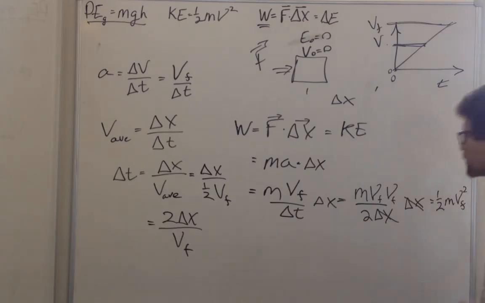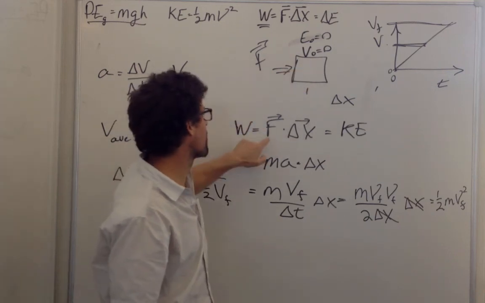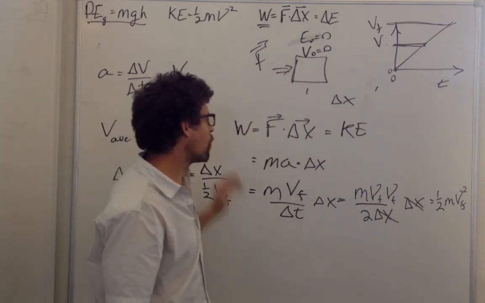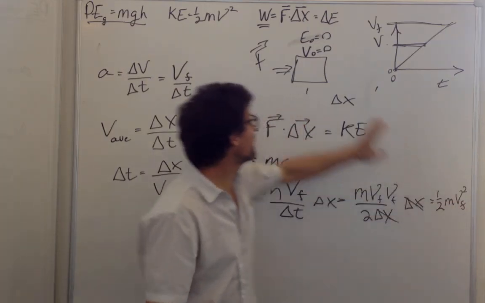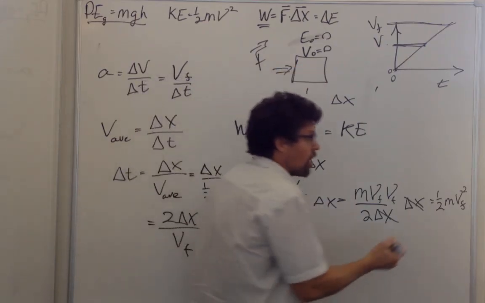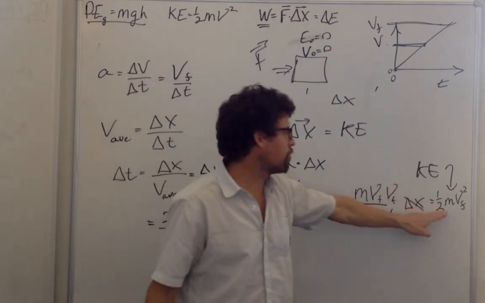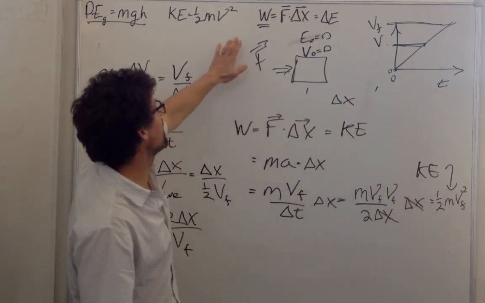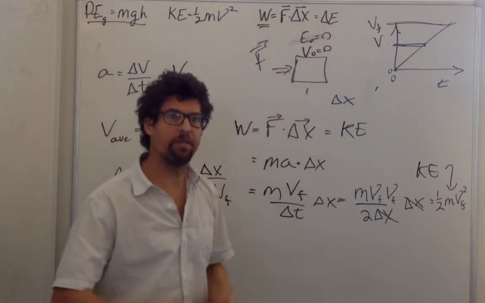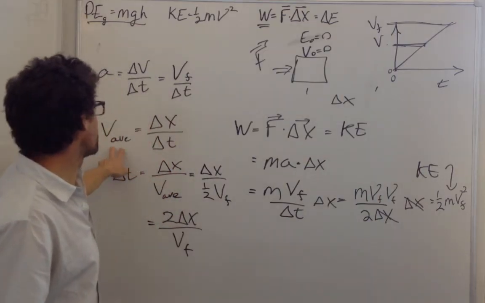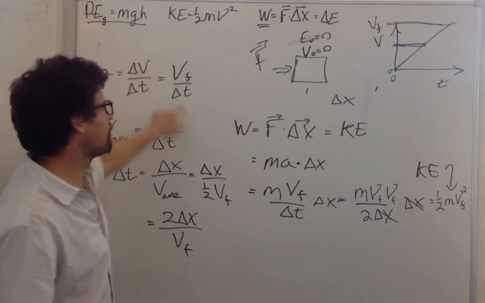1/2 mv squared. And so yes, if I start with a body that has no energy and I do some work on it, force times distance, the work that I do is equal to 1/2 mv squared. And that's a way to express the work in terms of velocity, which we call kinetic energy. So we were able to show that kinetic energy is 1/2 mv squared by simply taking the work energy theorem, that work is equal to the change of energy, and using our very simple kinematic equations that the average velocity is delta x over delta t, and acceleration is the rate of change of velocity.